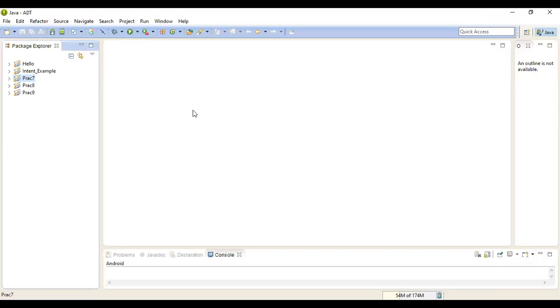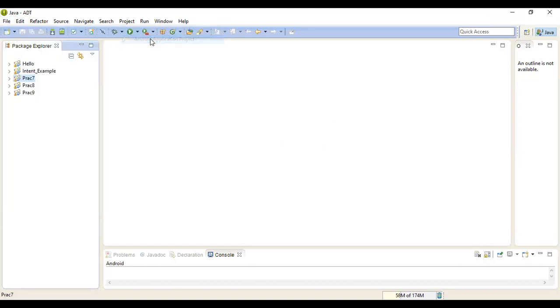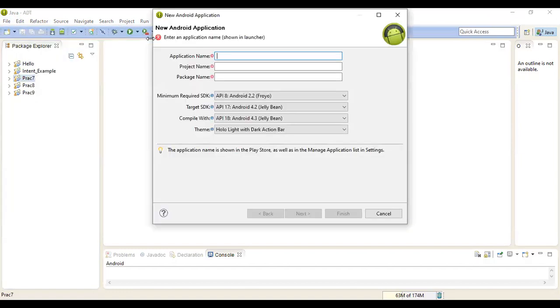Now we will see it practically. So open your Eclipse software. Now I'm going to create a new Android application project. Here you have to give the name of your application, ToastExample.